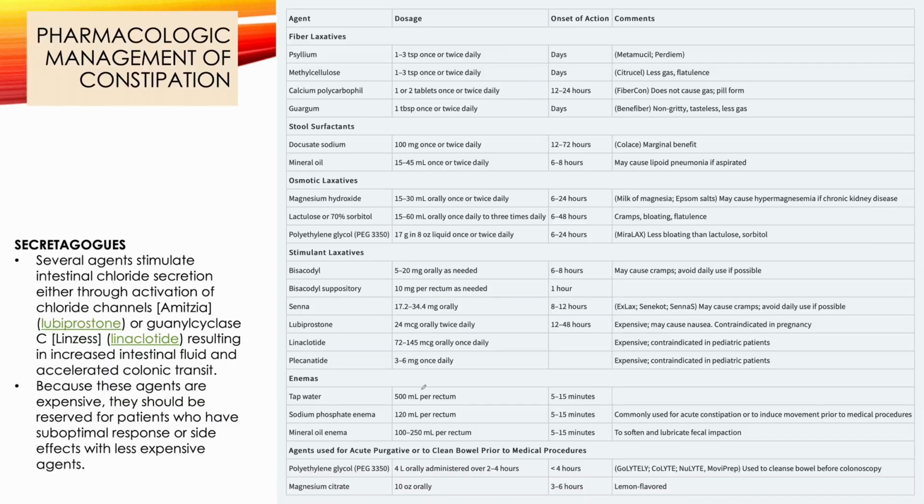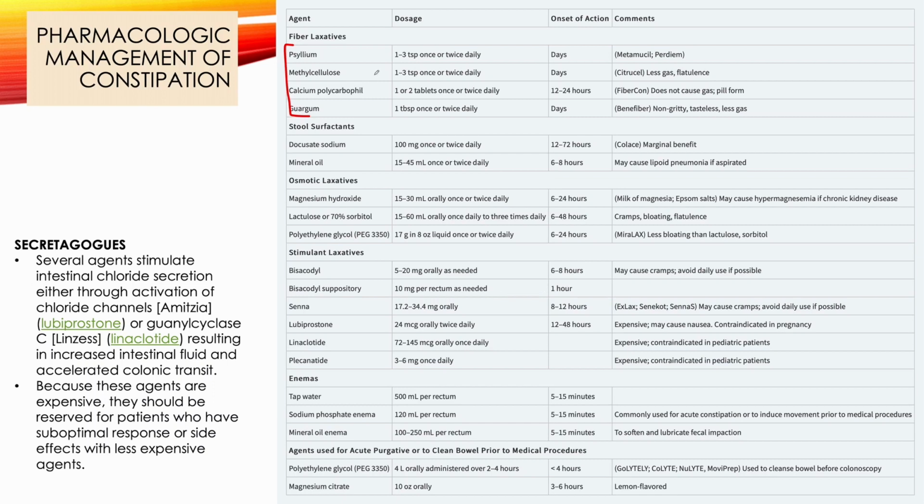And then here's a nice little chart of the different pharmacologic managements of constipation. I'm sure that you're going to be covering a lot of this with Dr. Paz, but just to have it all in one place. Again, we like to start with fiber-based laxatives. My